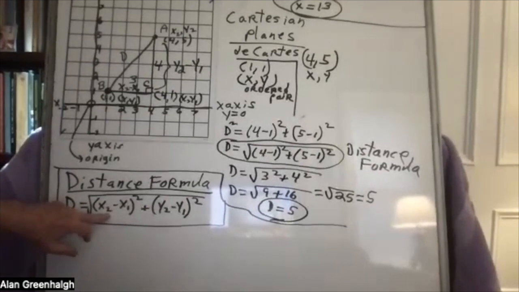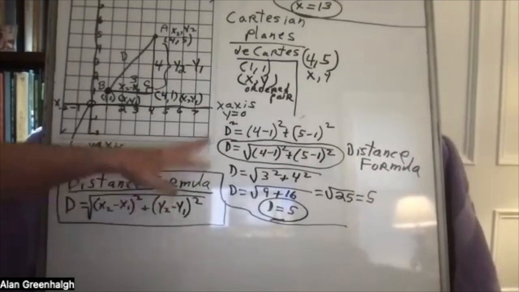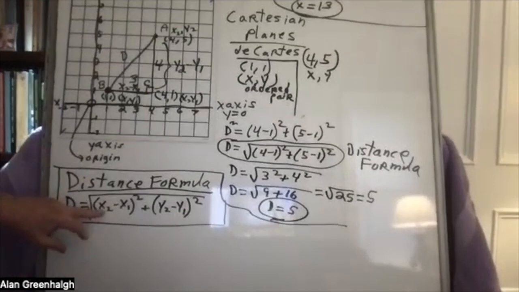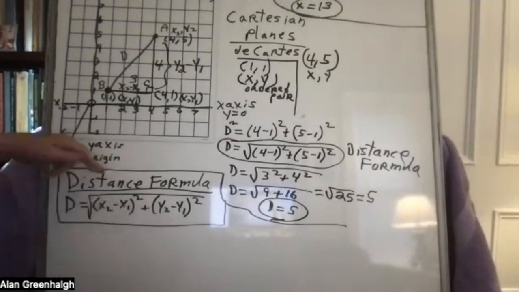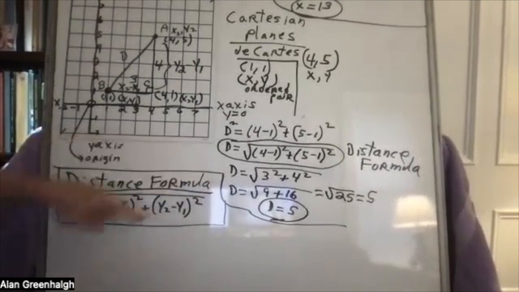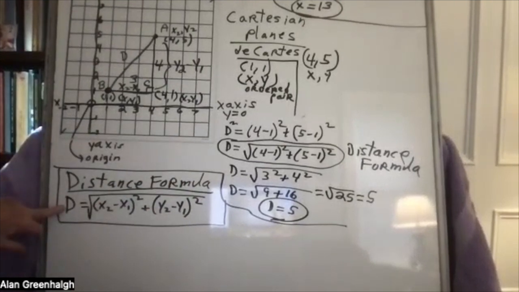Basically, all this x2, y1, and all that stuff is saying subtract the values of x, subtract the values of y, square it, take the square root of that, and that will tell you how long the line